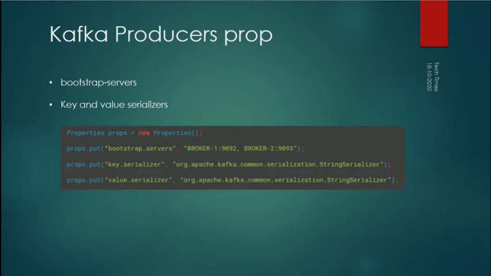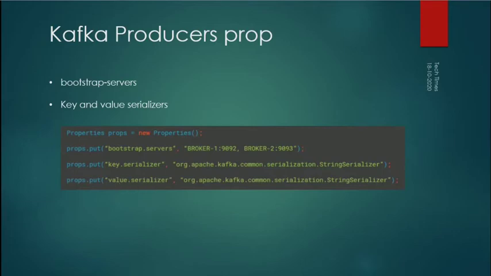Since the producer is responsible for sending that data to the Kafka broker, it is the responsibility of the producer to encode that message and also mention what encoder it has used to encode that message, so that the same can be used by the consumer to decode it. You can see from the piece of code which sets the properties of the producer, we have all the three required properties for a producer: bootstrap servers, key and value serializer.